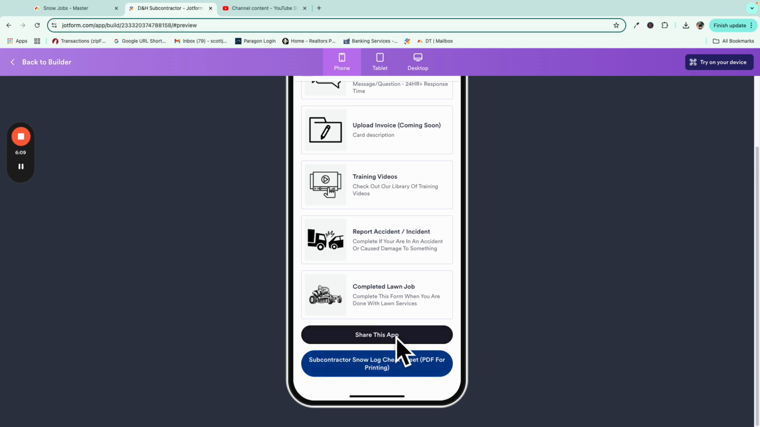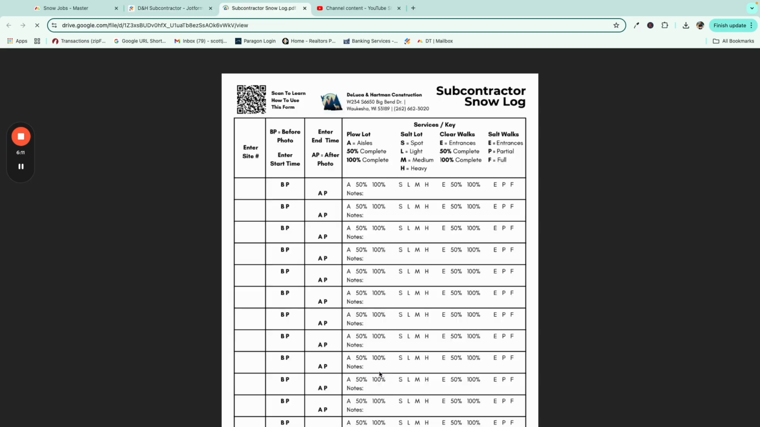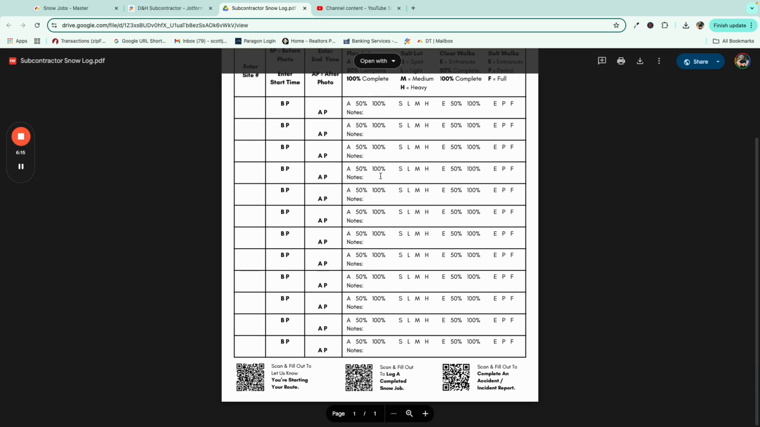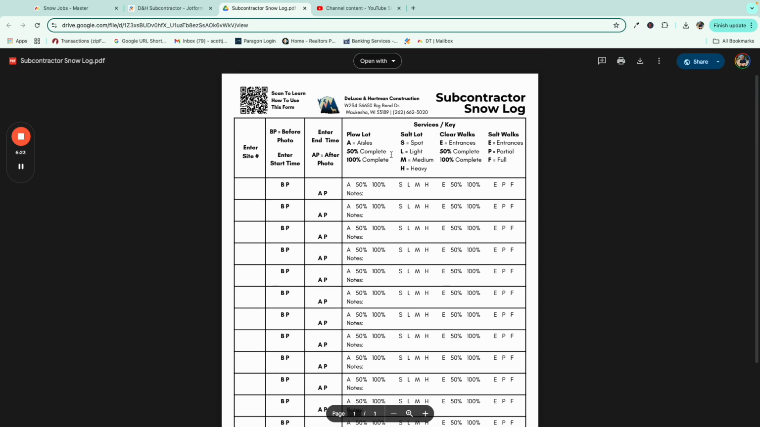And then here's the Subcontractor Snow Log Cheat Sheet. This is a PDF version of it that you can print out. That way you can put this on a clipboard. We do recommend printing out several of these before snow season. That way, if you're in an area where your cell reception isn't the greatest, and sometimes it's just tough to log that completed snow log through the app, or you can't really get it to load,